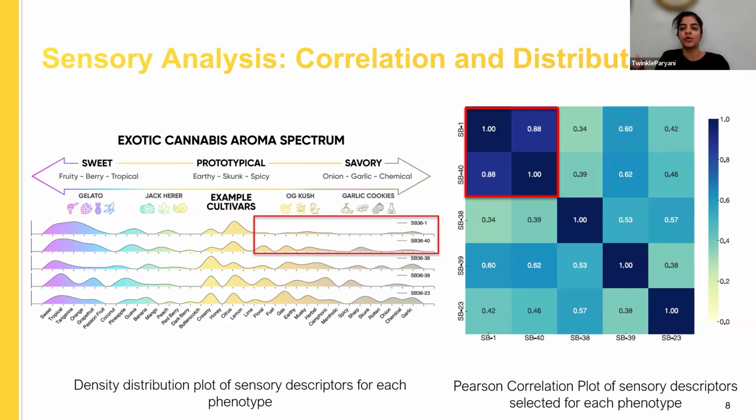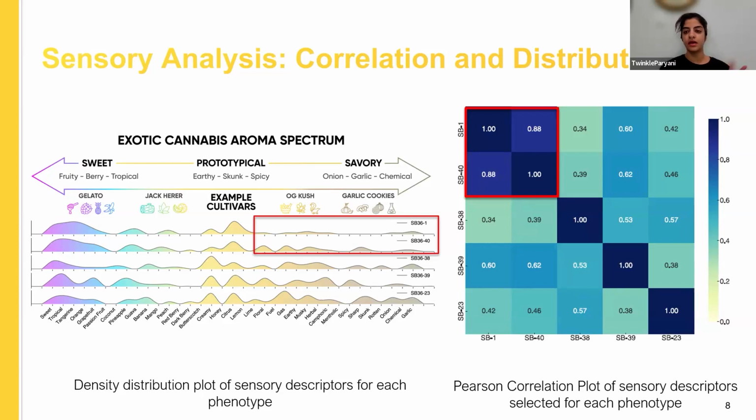But these sweet ones, they smell a lot like other fruits. They smell like berries. They have tropical notes to them. There's sweetness to them that doesn't come from terpenes. There's sourness that doesn't come from terpenes. And then on the other end, on the savory end, we have really garlicky, very fecal smells. We have a lot of different kinds of savory smells that definitely don't all just come from terpenes either.